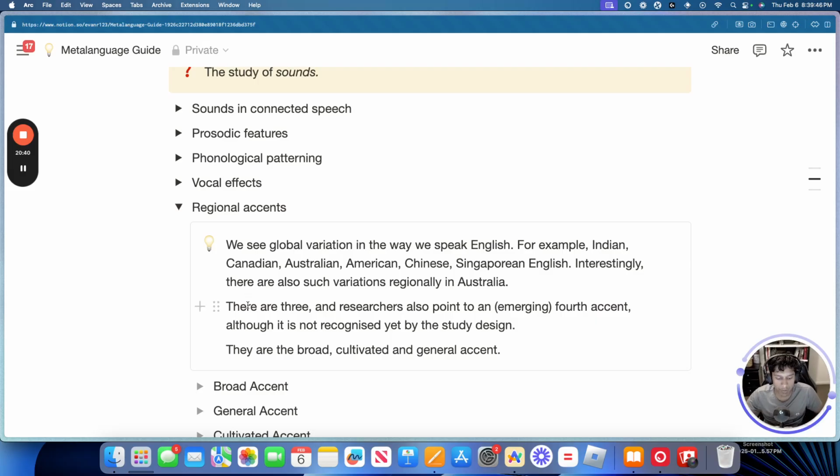Then we see regional accents. This is largely a part of the course which has died down, less relevant than it was previously, but still is in the study design. So we see global variation in English, for example. We see Canadian English, Chinese English, Indian English, American, Australian English, New Zealand English, Singaporean English, right? We see global variation in English, but interestingly as well, although it's becoming less of a trend now,